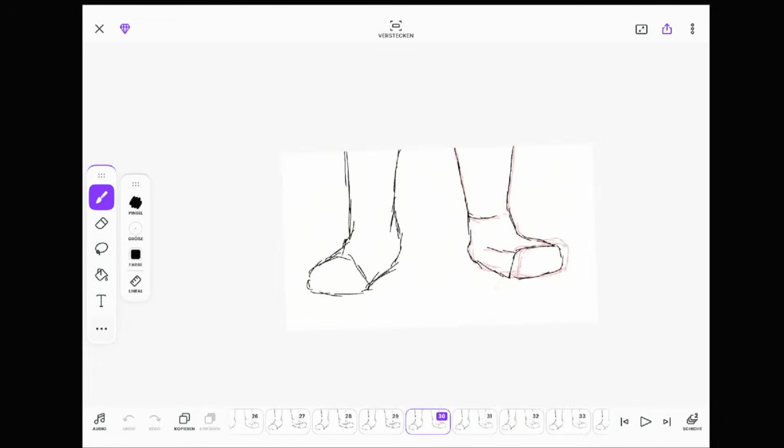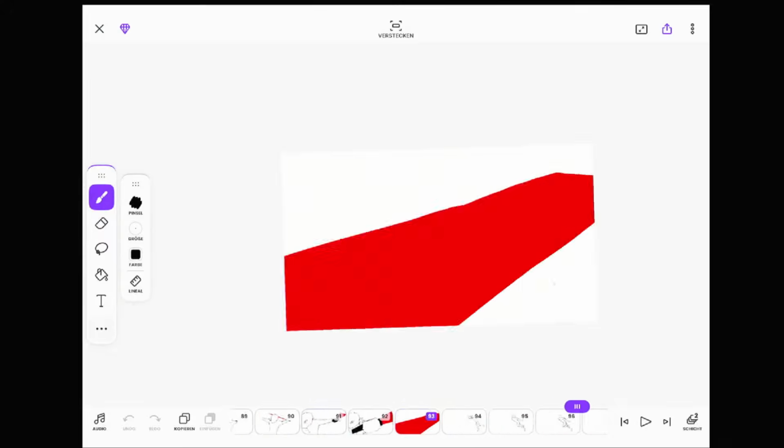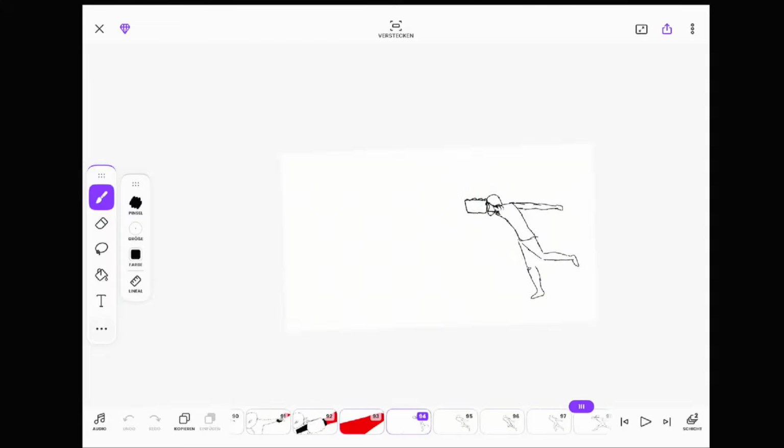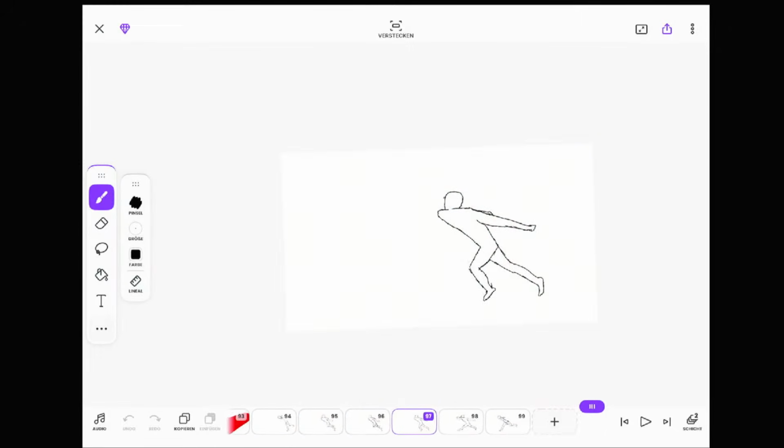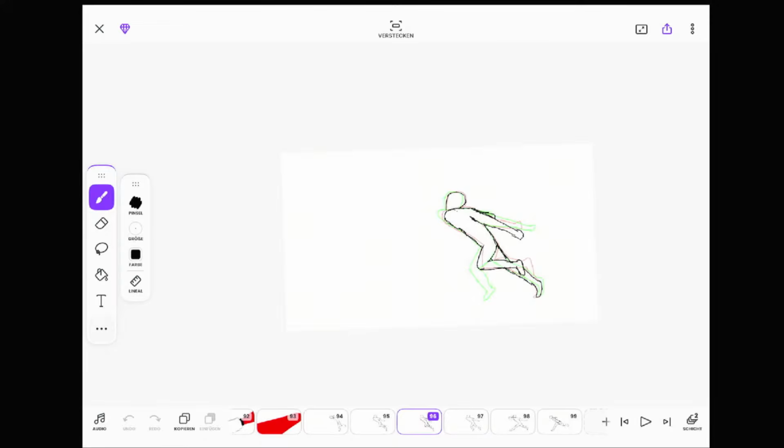Right now it's very fast. I have to slow it down. Maybe I'm just copying this frame.